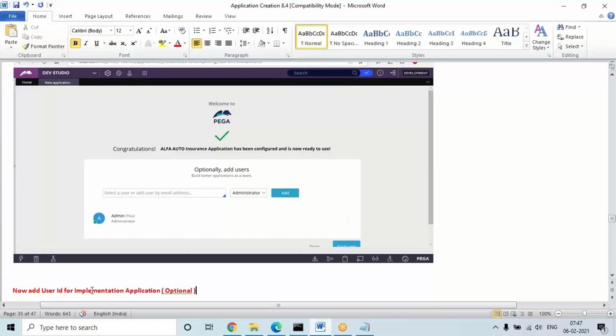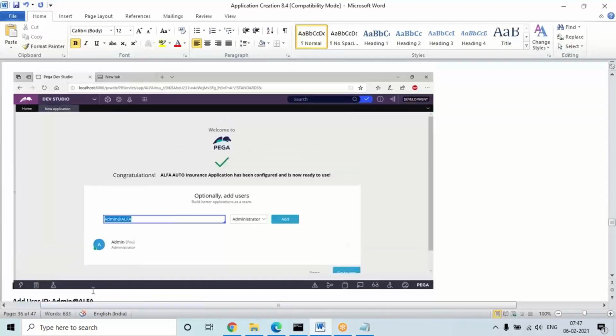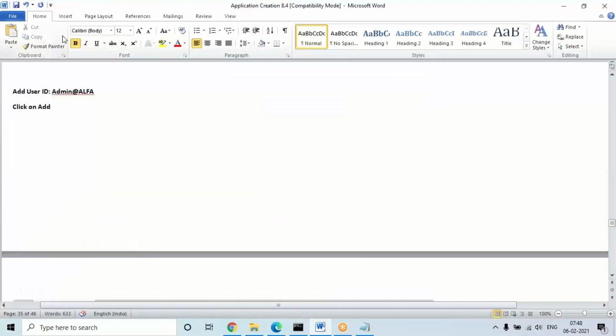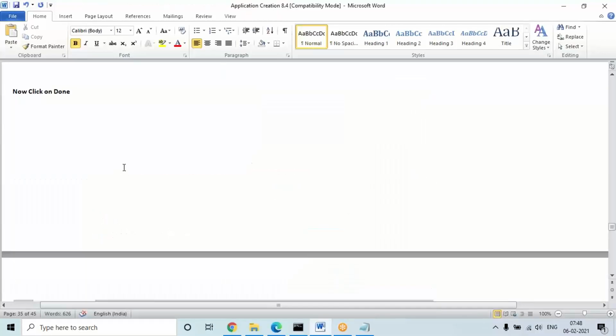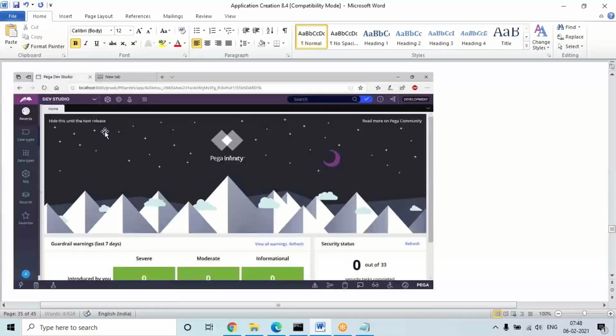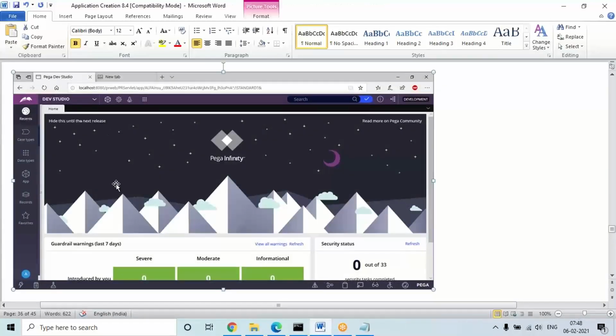Okay, here in the document I showed, but it is not mandatory. I'm not going to add a new ID for the implementation here. Mostly in real time also they don't create one, but the scope is there. If you want to add, you can add this, but it is not mandatory to create a new ID for the implementation application.